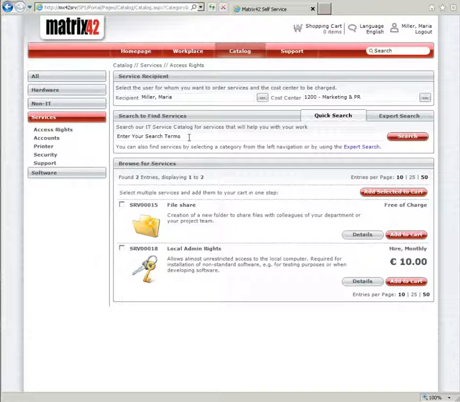In this particular case, we're going to look at mobile devices. So Maria's received a shiny new iPad for Christmas or for her birthday, and she wants to get it enrolled on the corporate network. Now typically we'd expect a user to raise a request with the service desk, where it